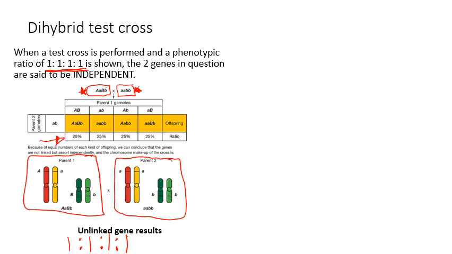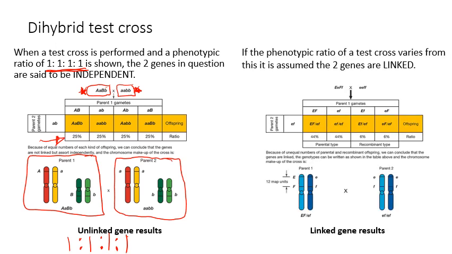Now the next example that I'm going to show you is the one for if a dihybrid test cross is performed and two genes are in fact linked, so they do appear on the same chromosome. So let's just pop that on the screen. If our phenotypic ratio for a test cross varies from the 1 to 1 to 1 to 1 ratio, we're going to assume that two genes are linked. So if we look at the example that's on the screen, on the right hand side of the screen now,